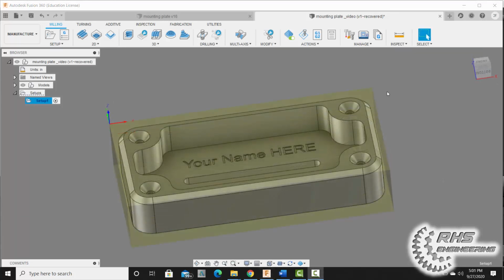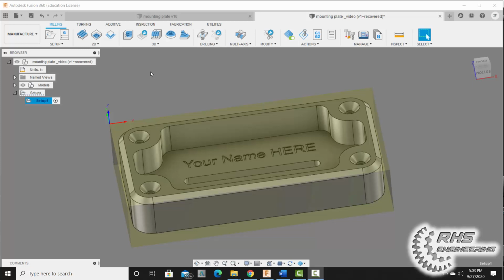So it's important to remember that this rectangular block shape represents your stock material, or the material you're going to be making your part from. So when we specify the X, Y, and Z dimensions here, we're essentially telling the computer what size block of material we're going to be starting with. So most milling or machining operations always begin with a facing operation. And facing operations basically take a thin layer of material off the top of your material to make sure that